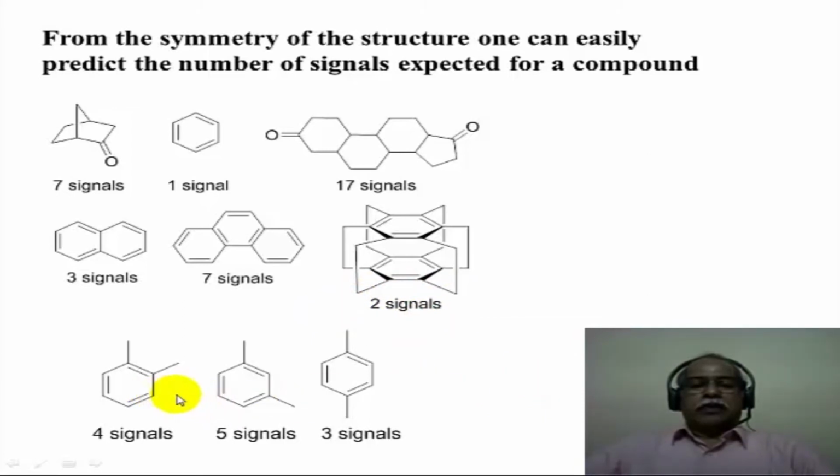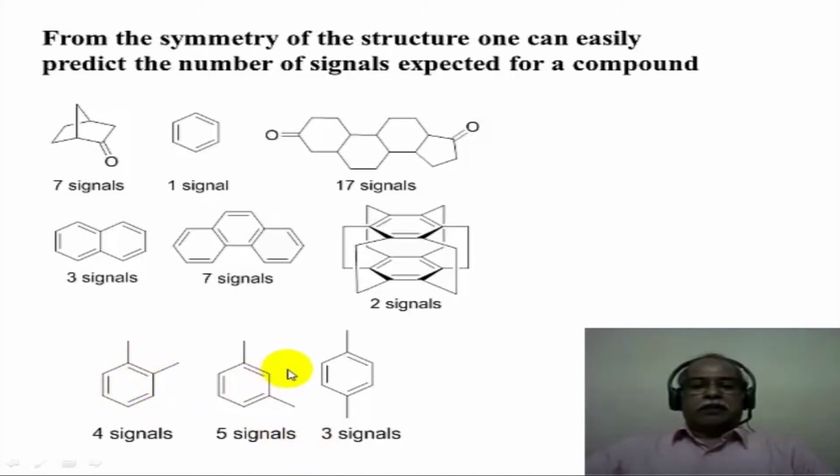One can easily distinguish the ortho isomer from the meta and para isomers by carbon-13 spectroscopy. When the 2 substituents are identical, as in the case of, for example, orthoxylene, metaxylene and paraxylene as represented here, this gives 4 signals. Essentially, the 2 methyl groups are identical, so it gives 1 signal. These 2 carbons are identical, so 1 signal. These 2 carbons are identical, and these 2 carbons are also identical. So it is essentially 1, 2, 3, 4 because of the plane of symmetry that passes through this particular carbon-carbon bond and this carbon-carbon bond.